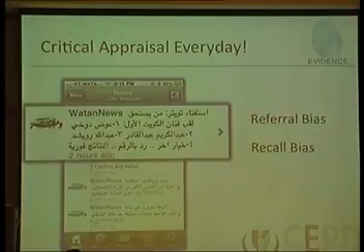So we have referral bias. The target audience within that poll, you know for sure that they're going to vote for Abdullah Rashid, and if you add someone else that is more popular among the younger population, they're going to vote for that as well. And people don't recall that information